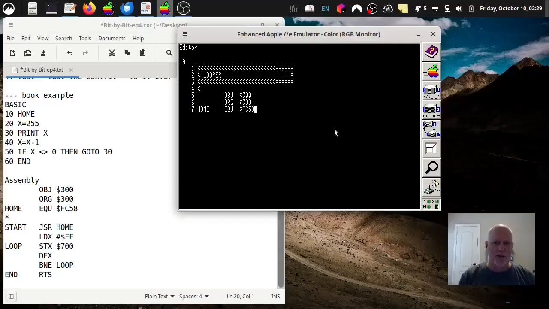FC58, which is another routine we didn't write, that they wrote in the monitor that we're calling. So we're going to leverage some code that we didn't write, and it's going to clear our screen for us. Done. All right, and then we'll leave a blank line just like in the book, and then we'll create another